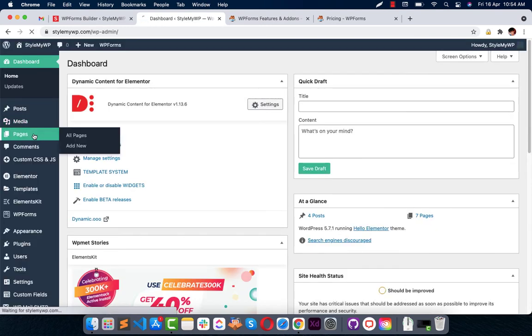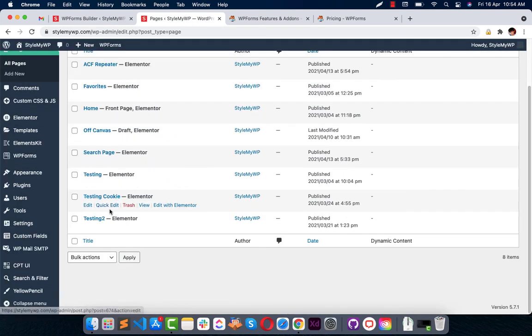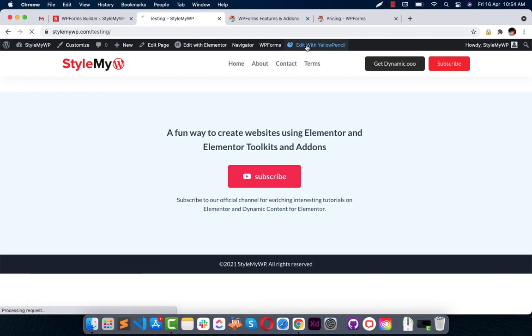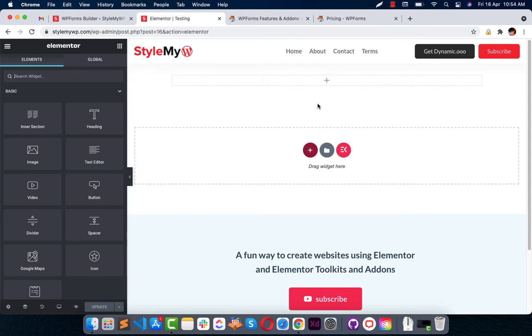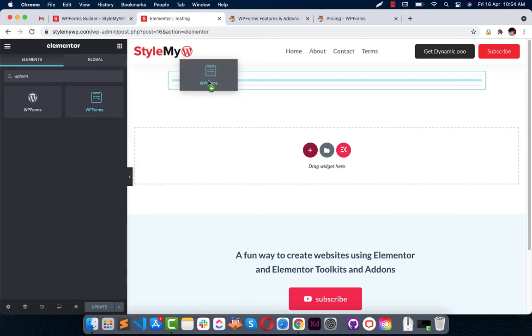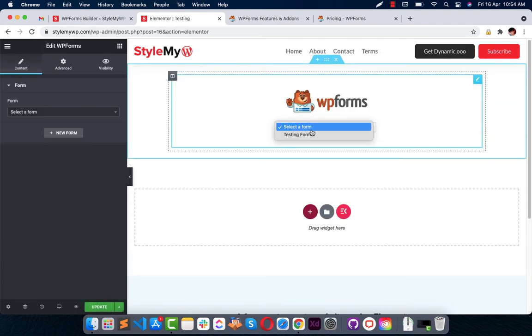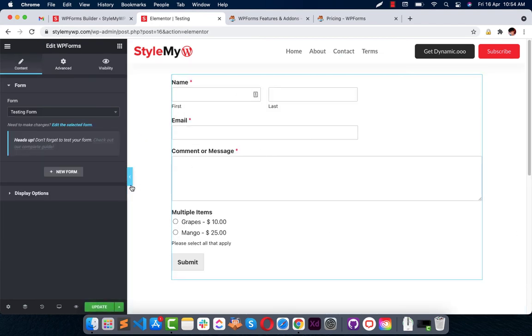Choose any page, make sure you have installed Elementor, and go to any page. Edit with Elementor. And then drag and drop the WP Forms widget right here and choose the form that you have created, and it will be shown right away.